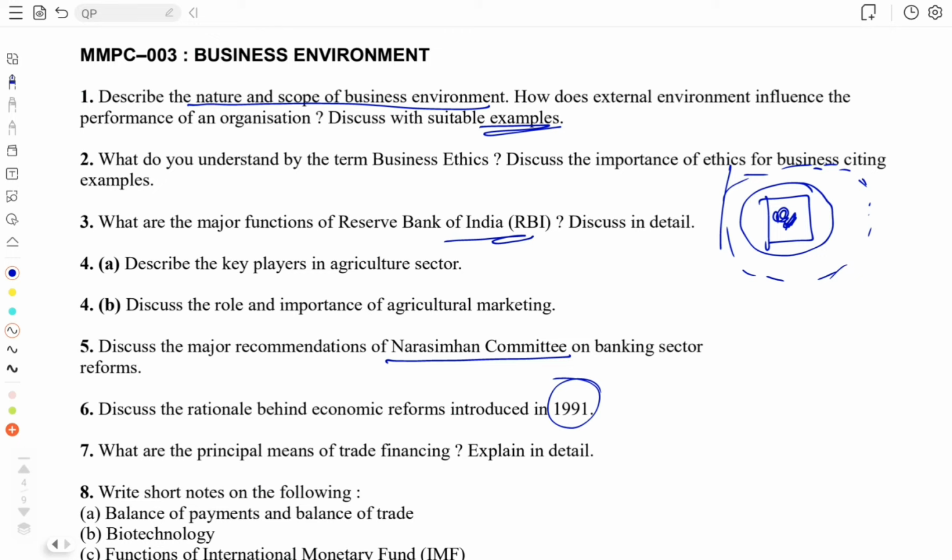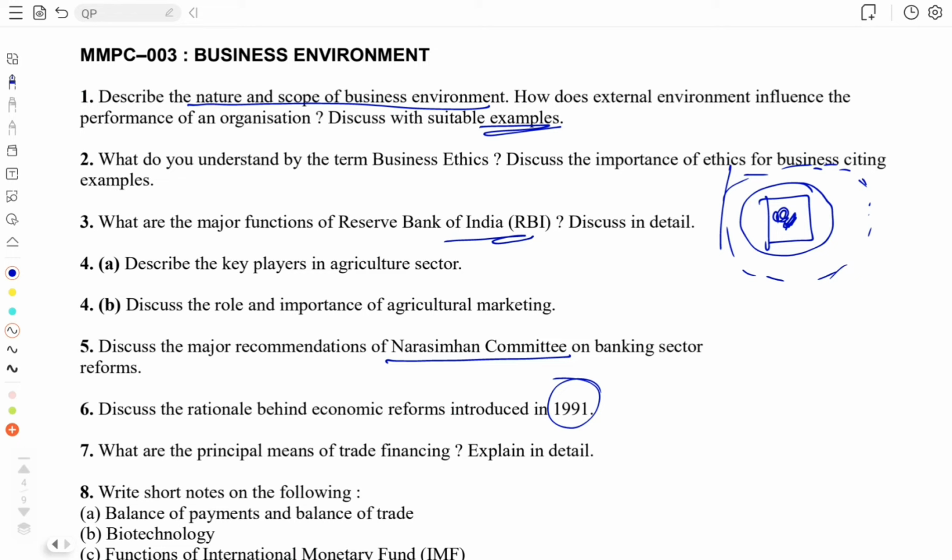And it was all done to bring India out of the financial crisis that was then prevalent, and it was brought forth according to the directives of the World Trade Organization and World Bank and all, and it was drafted and put forth by our then Finance Minister Manmohan Singh. It is a widely known thing, right? So that is the economic reforms.